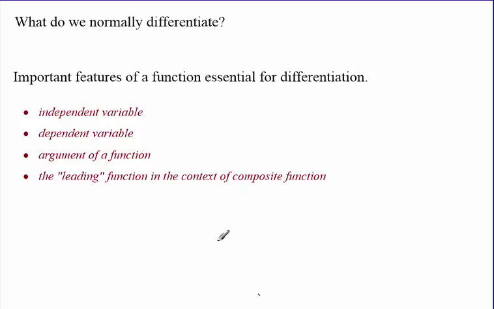Right. When we're talking about a function, I think we need to know what we call the independent variable. For example, we can write a function as y equals f of x. And then there we've got two variables, x and y. The x is independent, and the y is dependent. I'm still going to explain this further. So we need to understand what we mean by the dependent variable, the argument of a function,